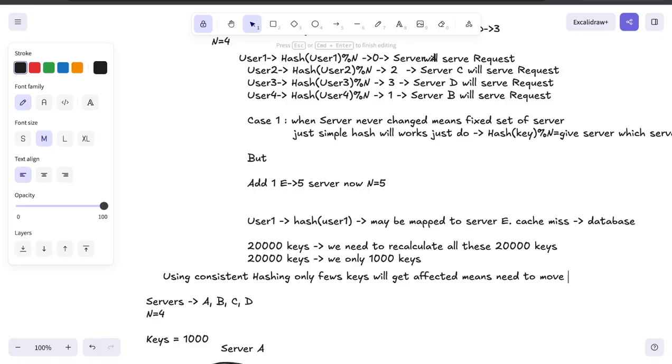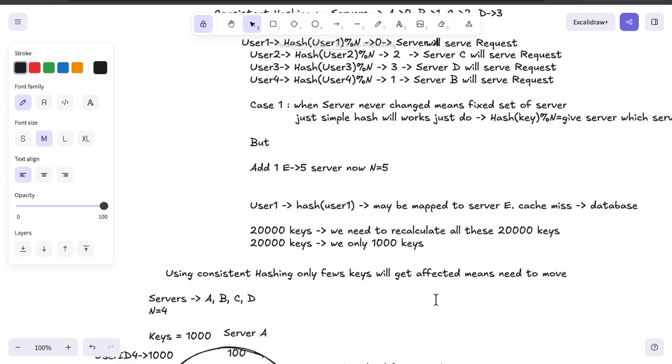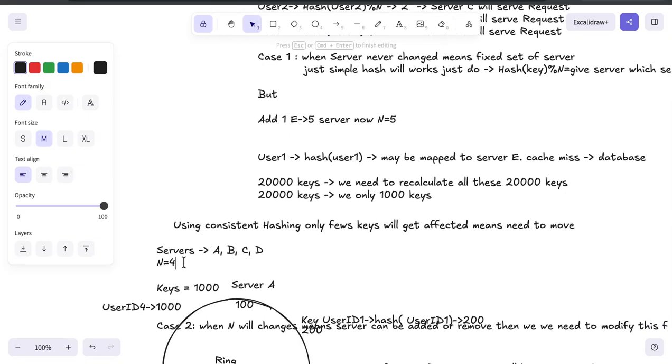Okay, let's understand how it works. So let's assume, instead of thinking of servers on a list where we get the cache key, calculate the hash value, and take a modulo by n, instead of thinking in terms of a list, let's imagine all the servers